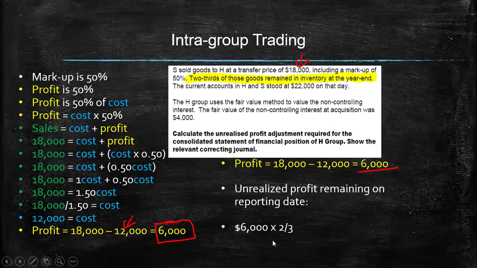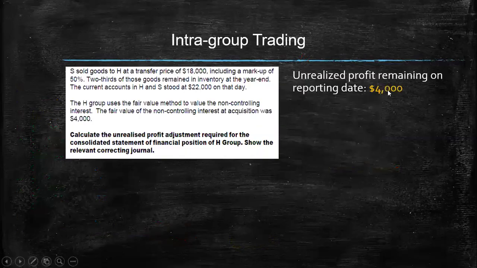So we have to find two-thirds of this unrealized profit. Two-thirds of 6,000 will be 4,000. So $4,000 of unrealized profit is still included in your accounts. So now we have to adjust for this remaining unrealized profit in your consolidation process. So first you find the unrealized profit on the goods sold, then you find the remaining unrealized profit on the goods sold, and now you have to adjust this remaining unrealized profit amount in your